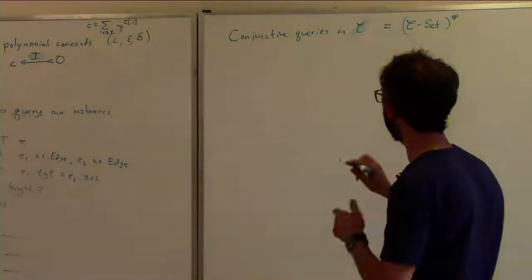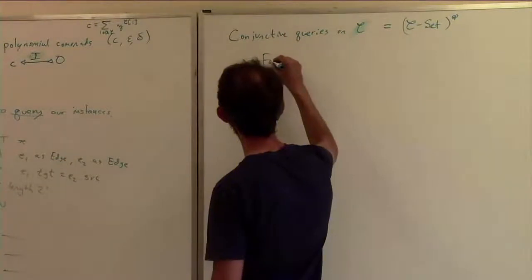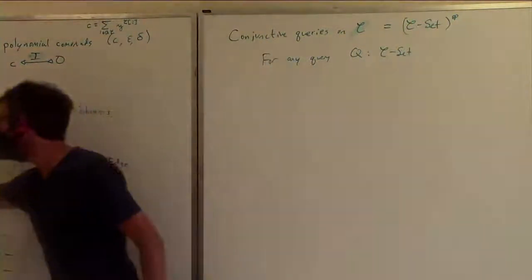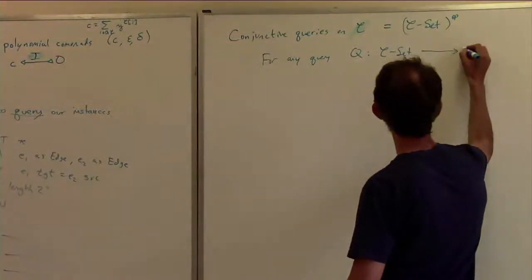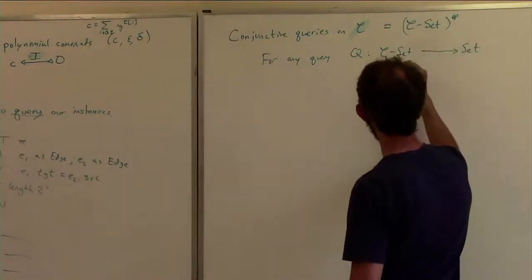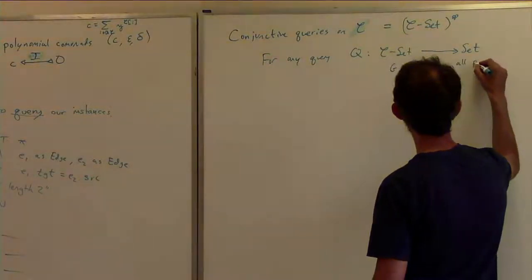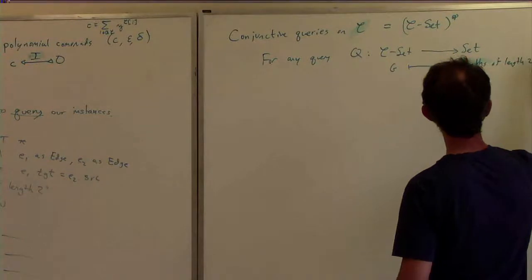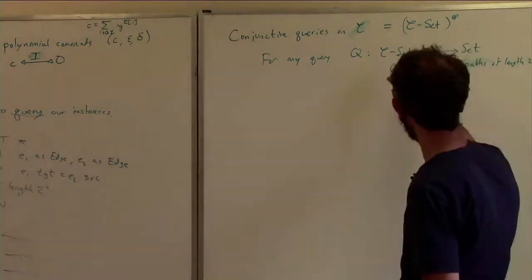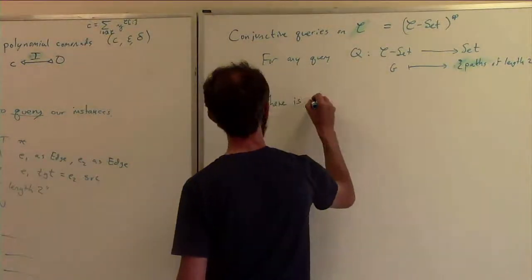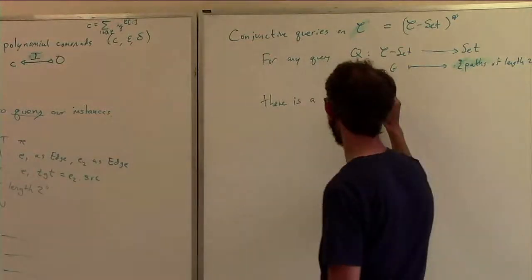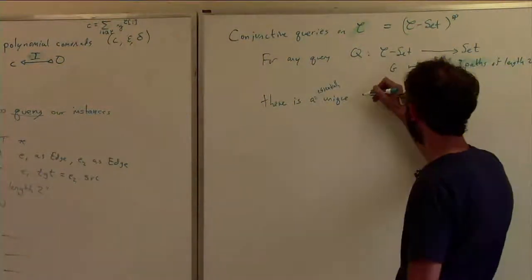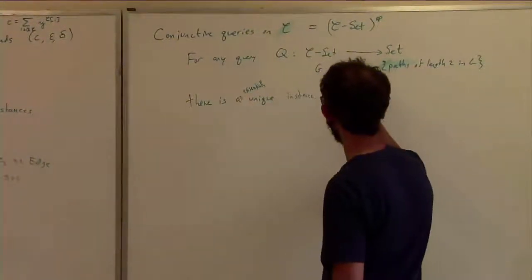So how is this thing a C-set? For any query Q that takes a C-set, like our graph here, and returns a set. So this would take our graph G and send it to the set of paths of length 2 in G. For any query, there is a unique, up to isomorphism, instance. People write "essentially" when they want to say up to isomorphism. There is an essentially unique instance. Up to isomorphism, there's exactly one instance, Q bar in C-set,